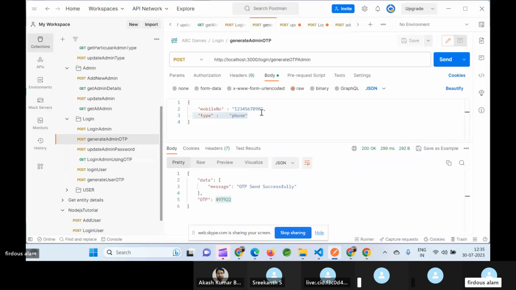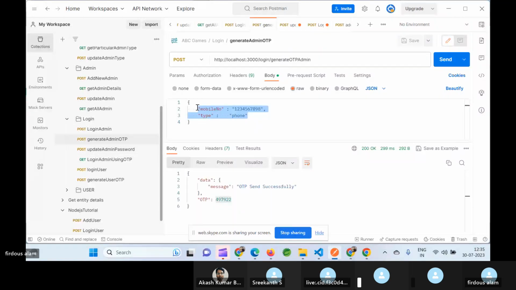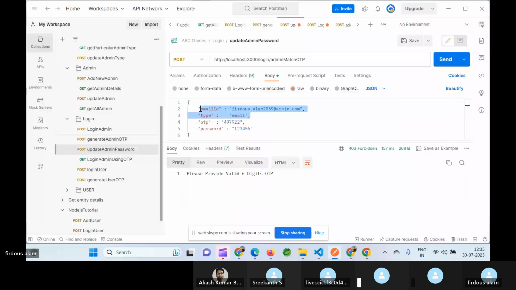This was his phone number, mobile number. Let me copy both things. It would be easier for me. Now when he hits it,